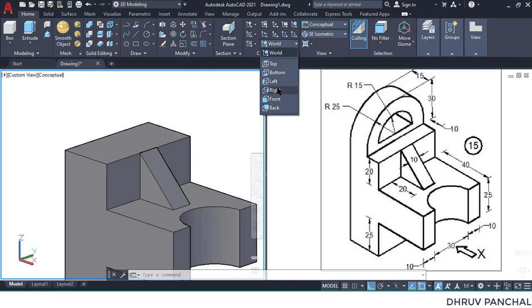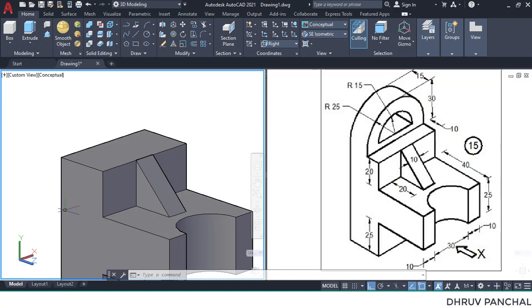So select the right hand side. Now XY is changed. Now we can draw. Use rectangle command. Select this endpoint. Give width 50 millimeters and height 5 millimeters and press enter.